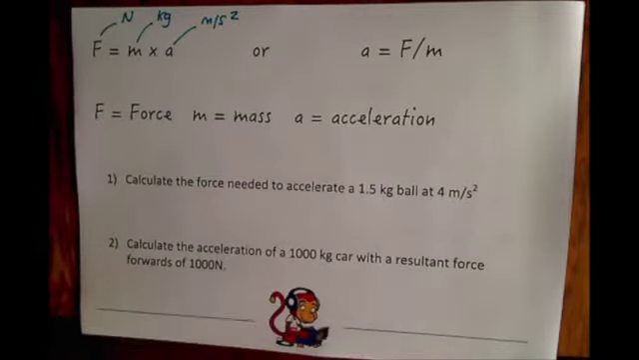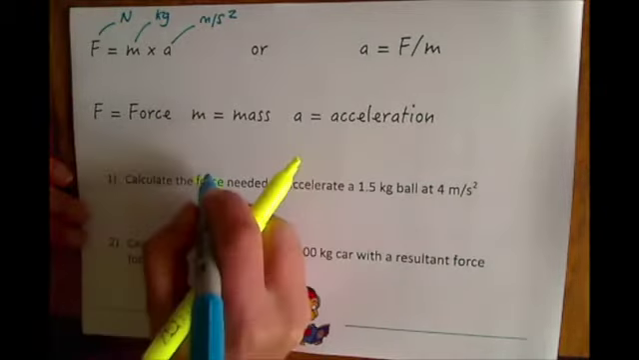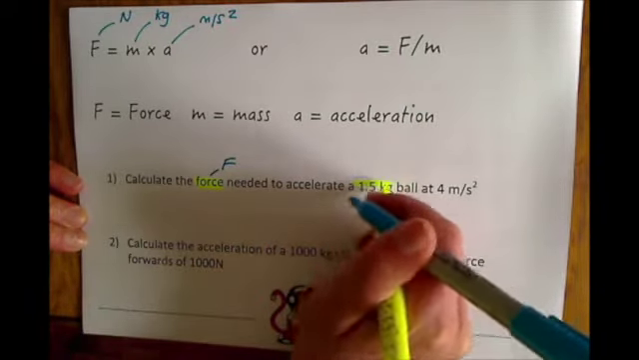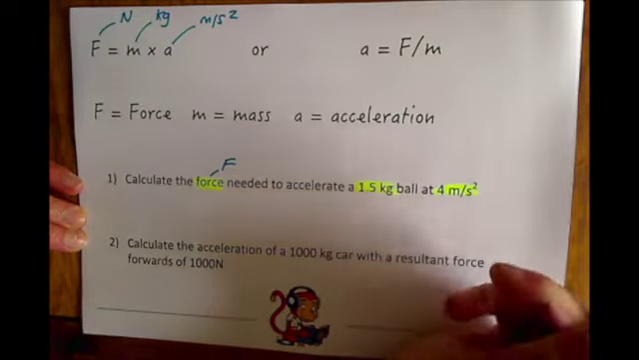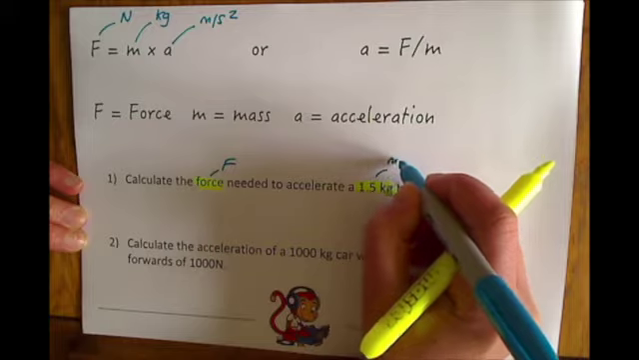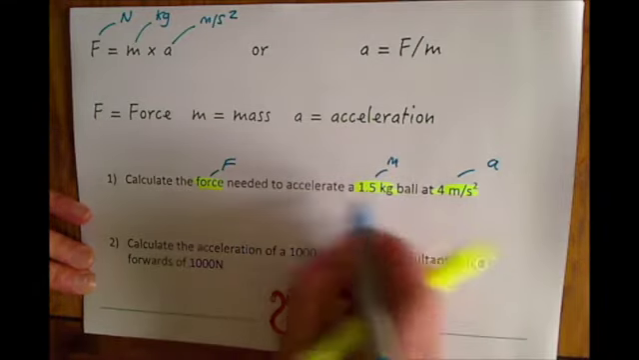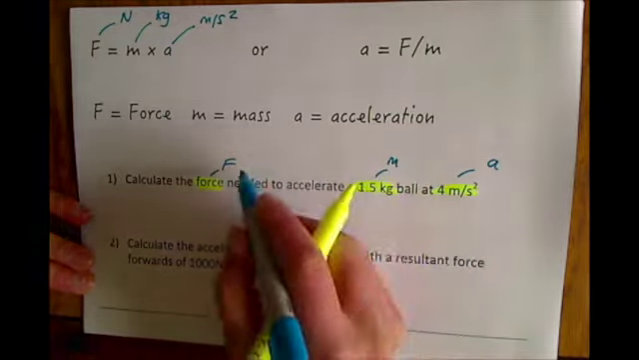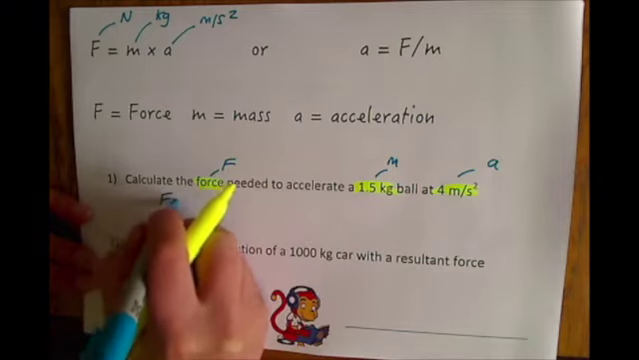So I'll work through a couple of questions with you and then I'll give you some to do on your own. So this one says calculate the force needed to accelerate a 1.5 kilogram ball at 4 meters per second squared. So we've got the mass of the ball, which is the m, and the acceleration. So the first thing you do is highlight the numbers that you've got and write down whether they are the F, the m or the a part, and then we write down the equation first of all. So F equals m times a,